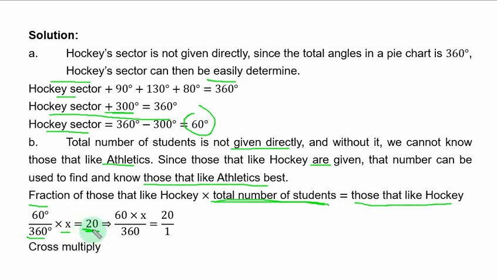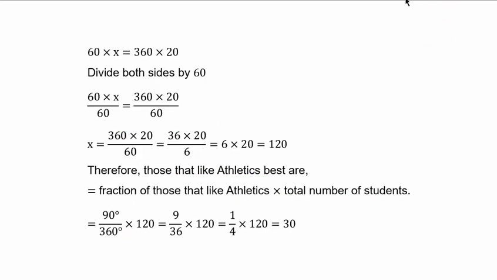When you multiply the numerator first, you have this result. Next is to cross multiply so that we can make S the subject, total number of students. If you cross multiply, you have this expression. Divide both sides by 60, you have this result, and that will make S stand alone, total number of students. When you simplify, you have